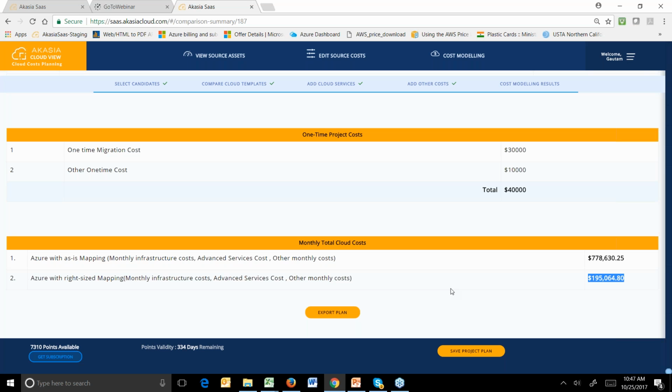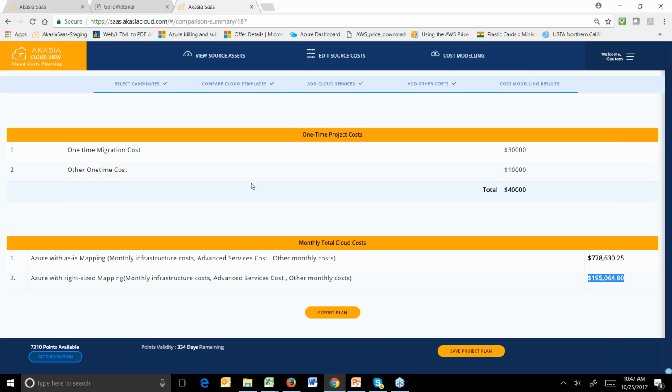So that concludes the demo of AIM at this time. Any questions around AIM? One of the questions is how much free storage allowance is calculated in your estimate? The answer that I submitted was that each template has a free storage allowance, and that is what we include in our mapping algorithm.